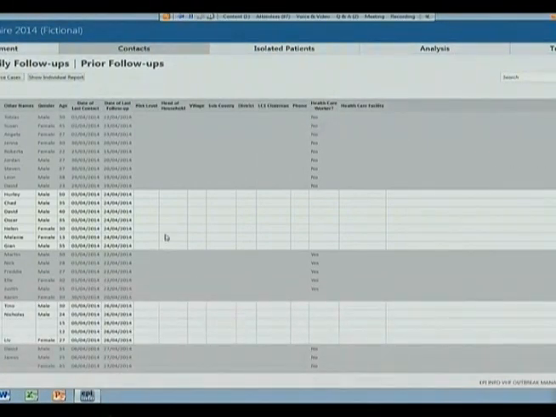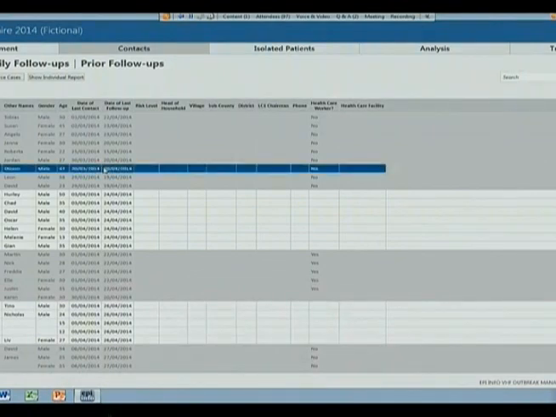And that can be for a variety of reasons. Remember, there's three things that can happen to contacts. They can get discharged because they finished their follow-up, fine. They can get sick or die and become a case, or they can be dropped from follow-up because the case that they were linked to tested negative, and it was the only case they were linked to. So every single contact here that is gray should actually have that little part of the contact form filled out. So if I double-click on a contact that's gray,